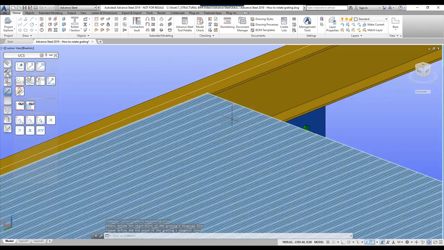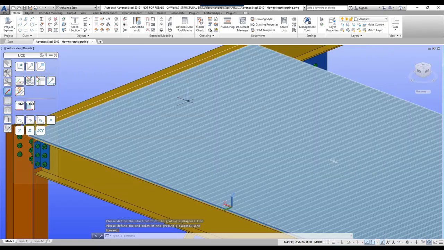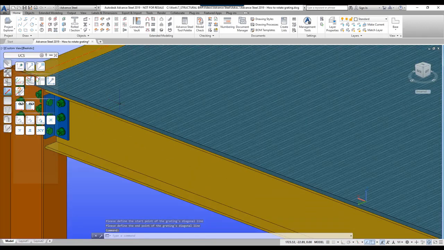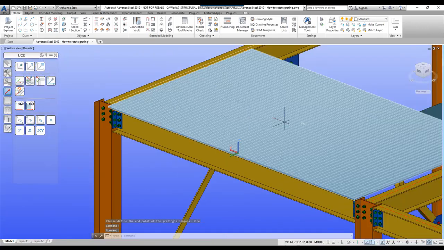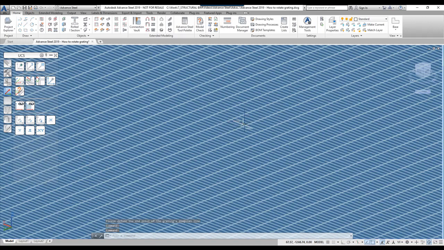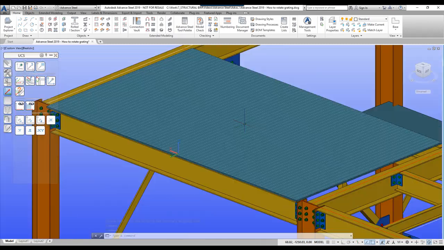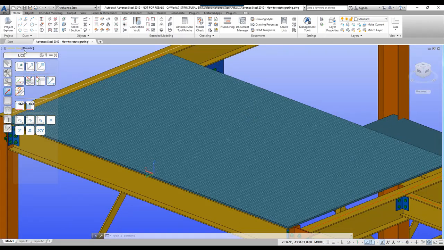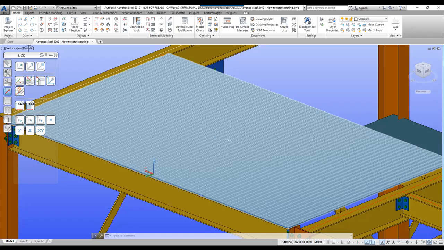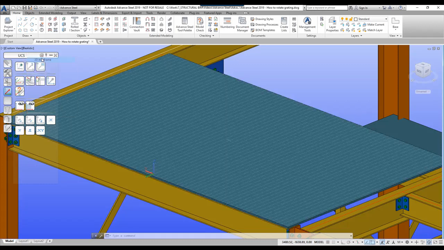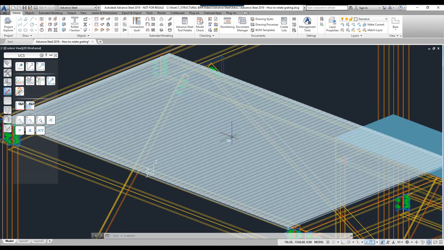I'm going to leave that as is, but you will notice the hatch pattern is running in this direction, and you will see very subtly there is a little symbol in the middle of the grating pattern. If I try to rotate the grating as is, it will keep the same pattern in the same direction. But if I want to change the pattern direction, if I change this to wireframe,